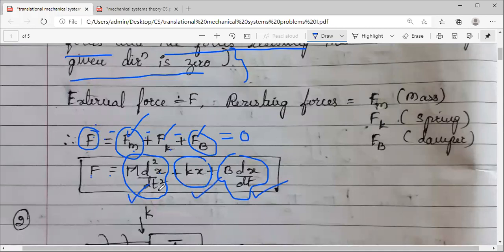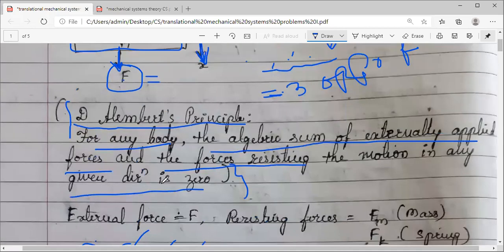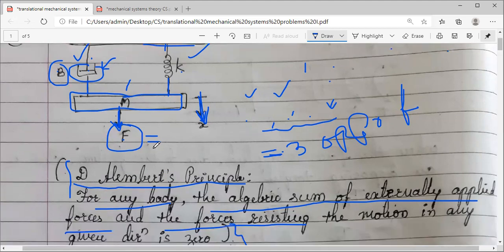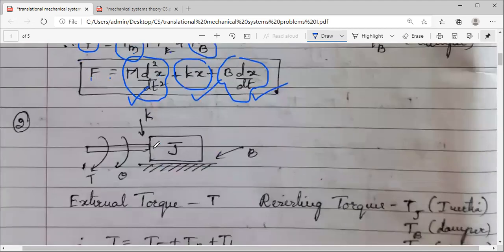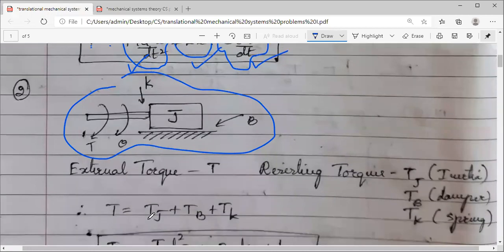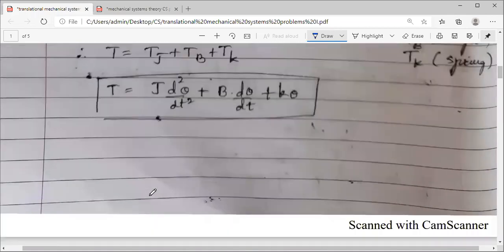Equations we know already how to get, so I have added all the three. This is a very simple figure which I have shown you. This can be a part of a big system. Just to start with, I have shown you a simple system, and there is one more here. You can see this is for rotational. Let me not take time here to explain this, because we are still on the problems of translational mechanical systems. When we do rotational problems, I'll take this problem.